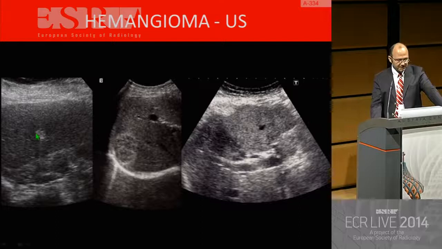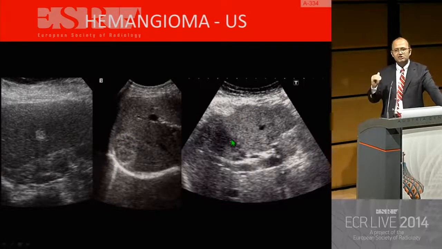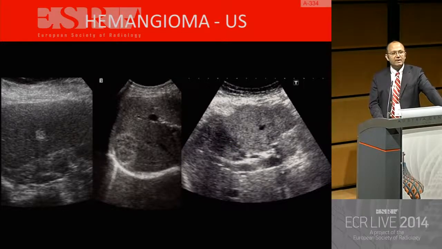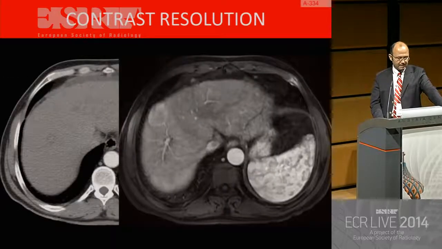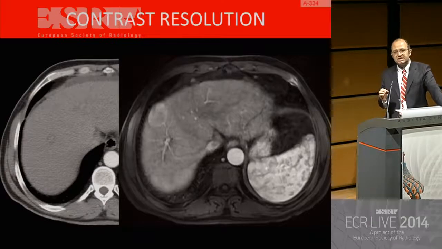Okay, so this is the typical hyperechogenic. You see the posterior enhancement. This is also fairly typical, hyperechogenic rim around the lesion, but this might be a little bit difficult because as the hemangiomas get bigger, they become heterogeneous. So biggest difference between CT and MR is the